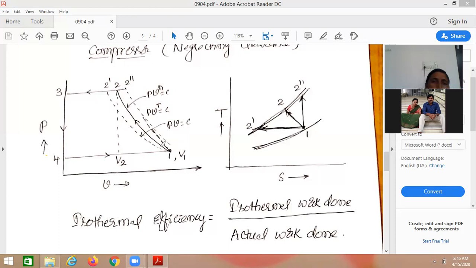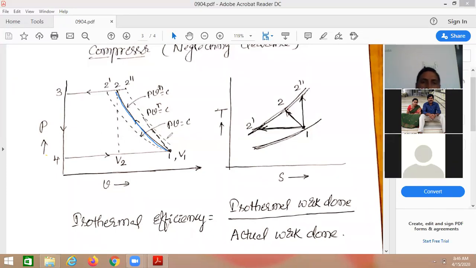The practically possible process is only the polytropic process, which we are showing here. Yes, only the polytropic process is possible. Why is the isothermal process not possible, and why is the adiabatic process not possible? For isothermal compression to take place, the temperature of the air should not change during the continuous compression. So how is it possible? When the process happens in a very, very slow manner, then we can follow the compression as isothermal compression. It is not practically possible when running at some speed, because at that speed, slowness cannot be maintained.